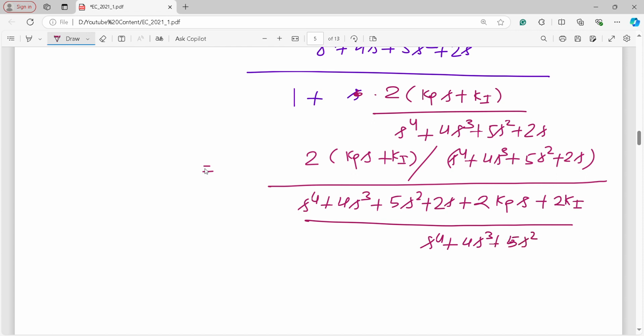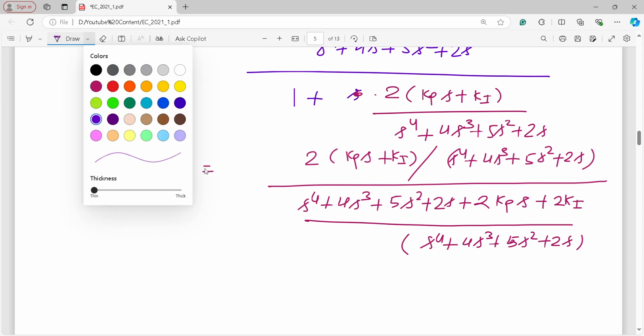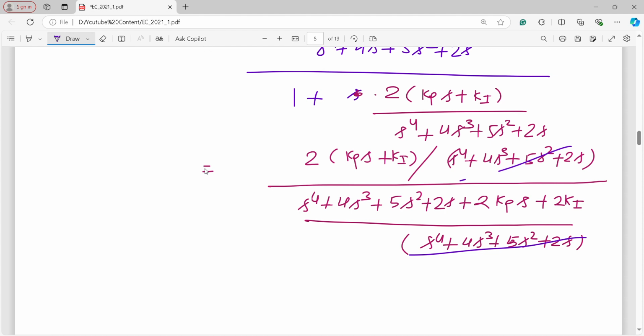So here you can see this term cancels out, so remaining